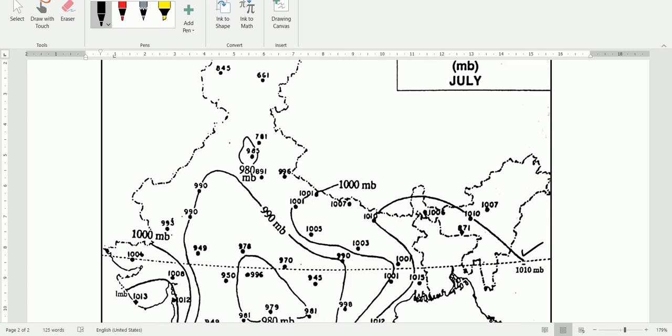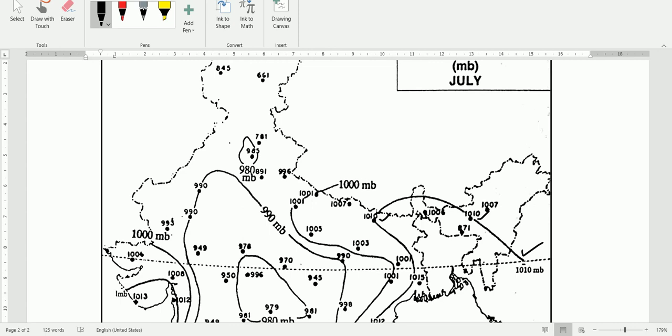Since 1006 is here, we may cross it, and another 1010 is here, and you may touch it directly. Then we have 1000 here, 1001 here, another 1001 is here, and then another station having the value of